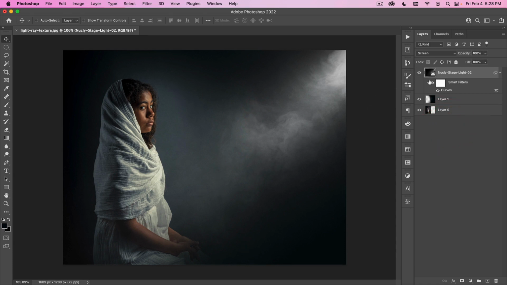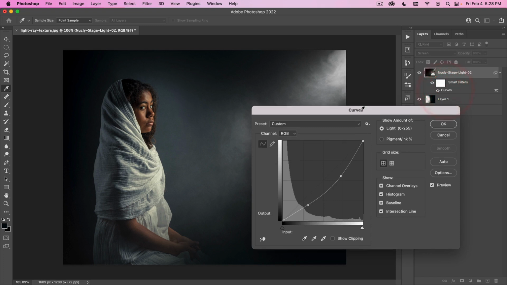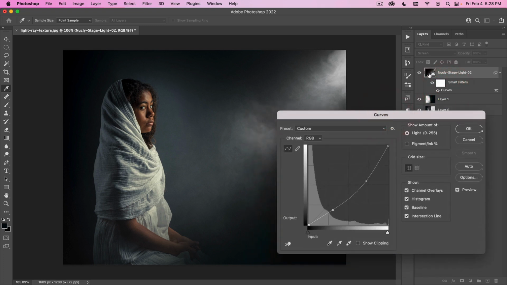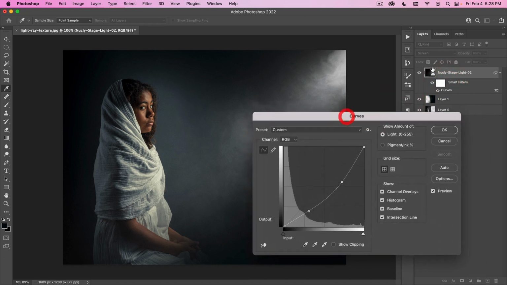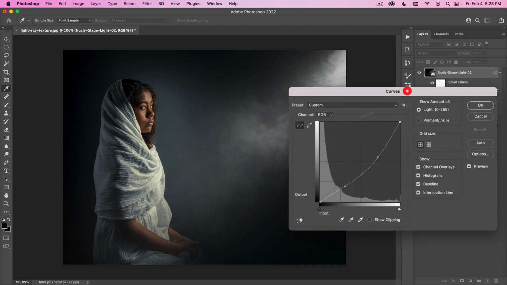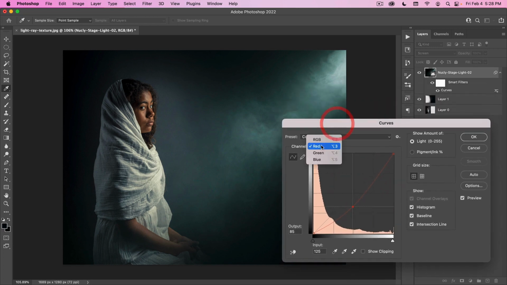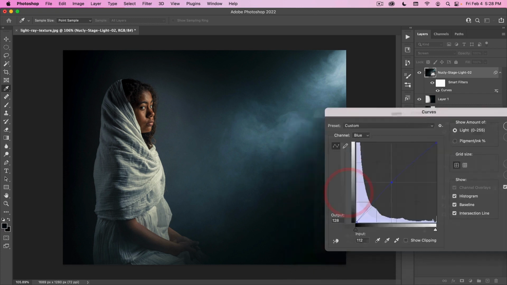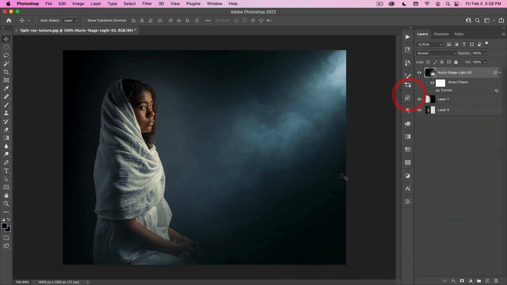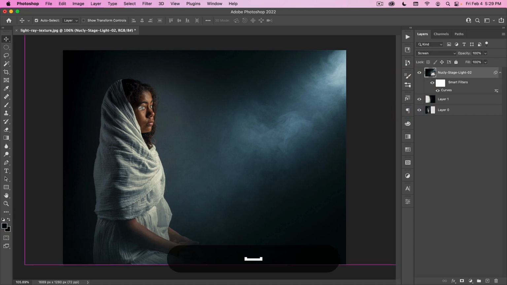And if we wanted to give this some color, we could also do that with curves. Because this is not a white brush, it's actually a black and white image, we can use our channels to give it some color. So if I wanted to give this a little bit of blue, I would go to red. Opposite of red is cyan, so that's going to give it some cyan. And then in our blue, just push that up and give it a little bit of a blue color, so something like that.